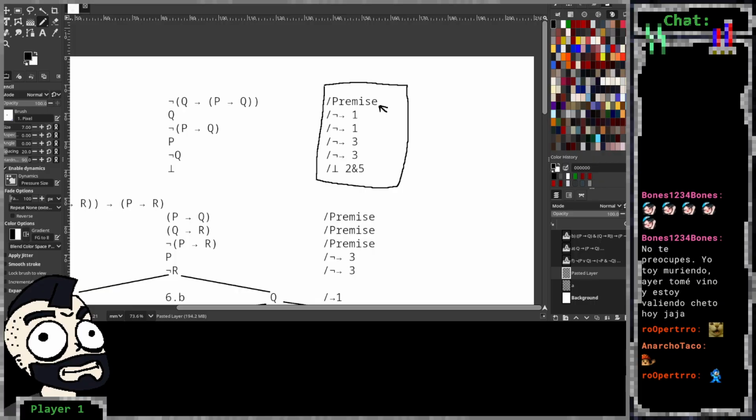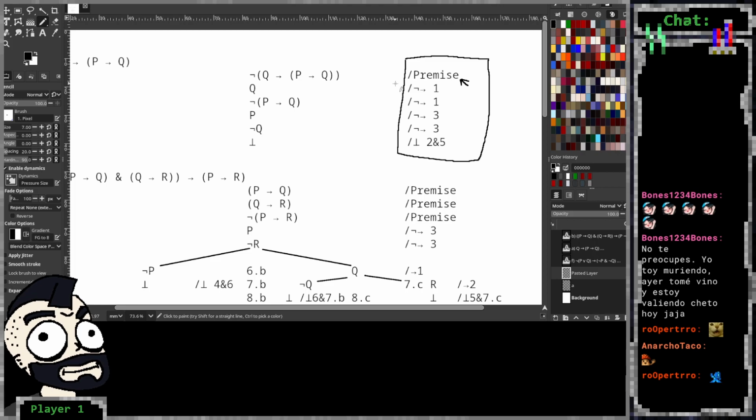Introducing a premise just means I will introduce an arbitrary formula into the system. It is pure input. It is user-guided input. As such, it's not really a justification. It's more like a declaration of, okay, this is just arbitrary information entering the system. It does not come from the system. It comes from outside the system. But after that premise,